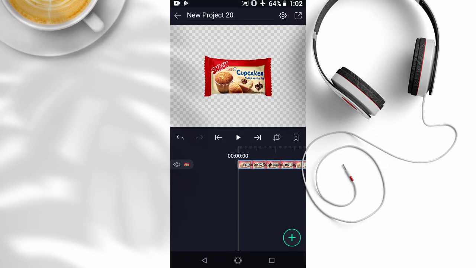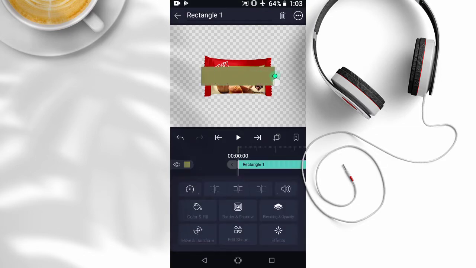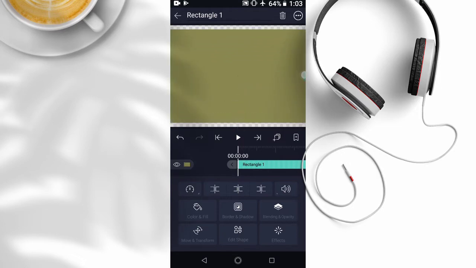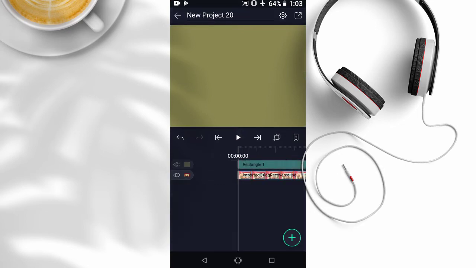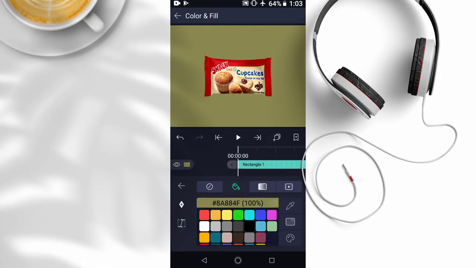Go back and we want to add a background, so click on add and bring out a rectangle, stretch it out so we have a rectangle. Take it to the back by clicking and holding this end right here, then take it to the back. We want to choose a background color, which is also a color present in this PNG. So I want to click on the background, then go to color and fill, come to pick color, then move this until you are at the color that you want. So let's select this,